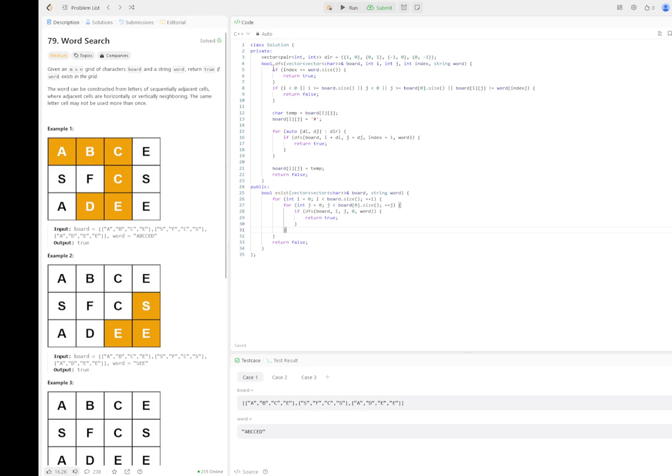And what the depth first search does is it gets the board, the i and j, and the index of the wanted word, and it searches within the board through all adjacent elements to see if the current element is equal to the letter at that index. And if it is,